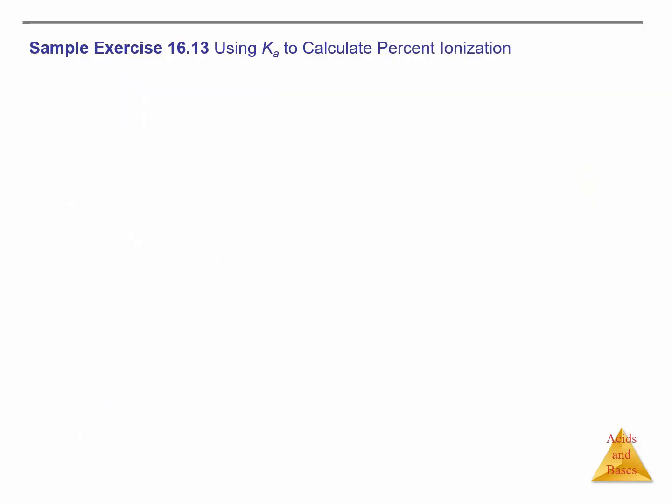Now, the properties of the acid solution that relate directly to the concentration of H+, such as electrical conductivity and rate of reaction with an active metal, are much less evident for a solution of a weak acid than for a solution of a strong acid of the same concentration. So, as a result, the rate of reaction with the metal is much faster for the solution of HCl, the strong acid. As the concentration of a weak acid increases, the equilibrium concentration of H+ increases,